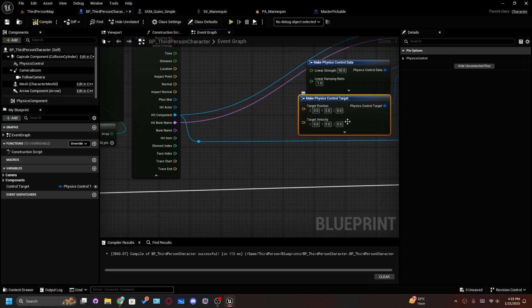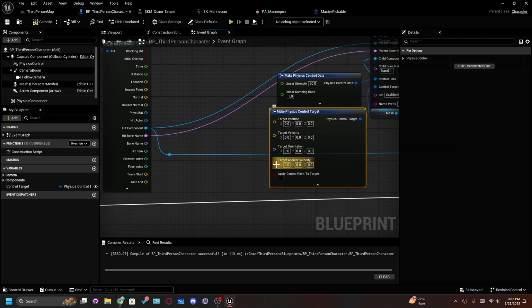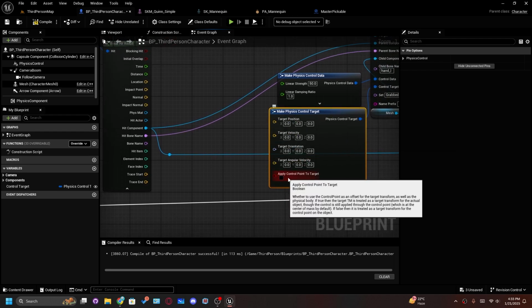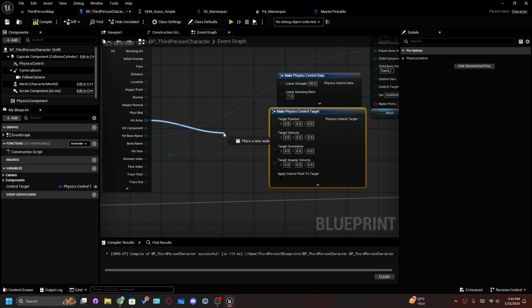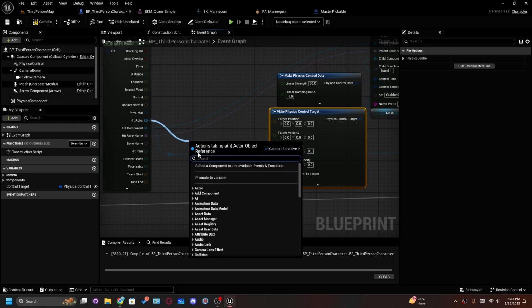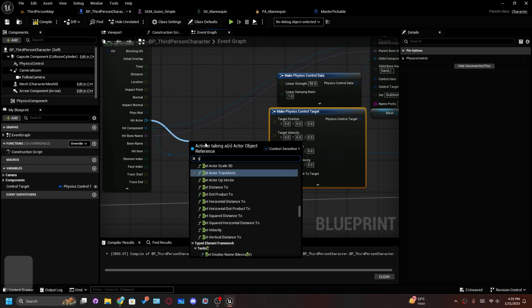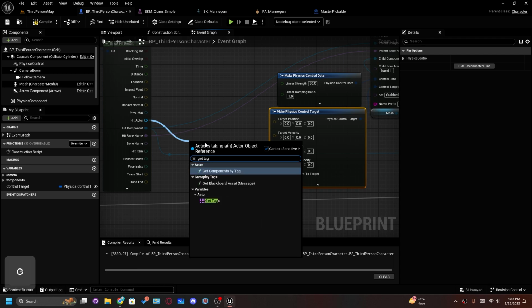And then in the target position, in everything, we are going to select it based on whatever tag the actor has. So we are going to get the hit actor, then say get tag,